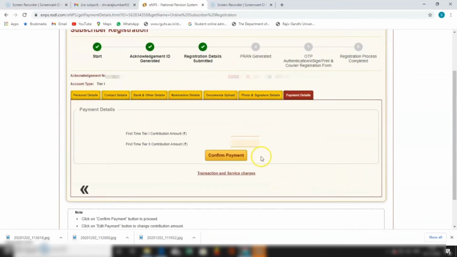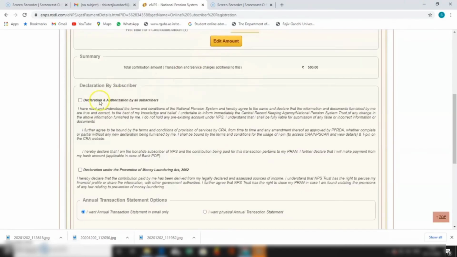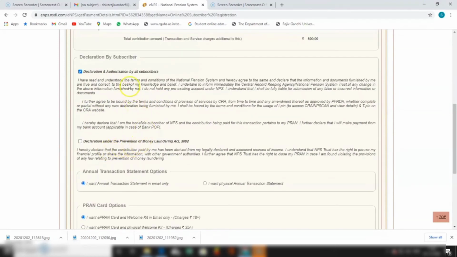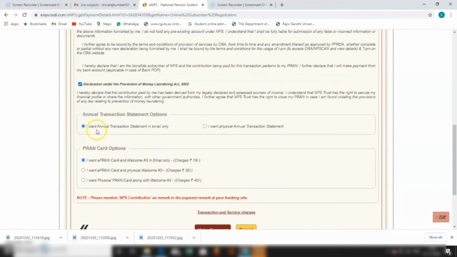The minimum contribution amount is 500. To maintain the active state of the account, you should transfer 1000 rupees yearly, otherwise it will freeze. So you click on confirm payment and click on the checkbox declaration. 2 checkboxes are there, you click on that, and there are statement options if you want either email or physical copy.